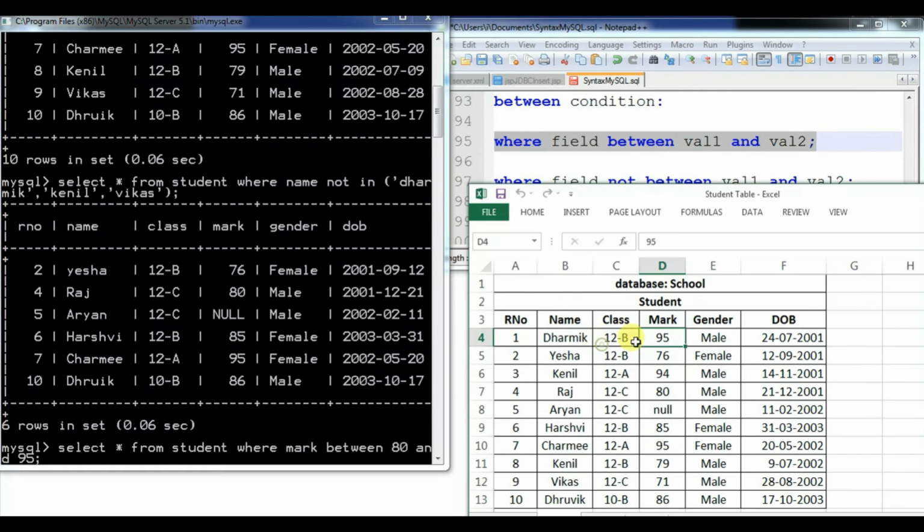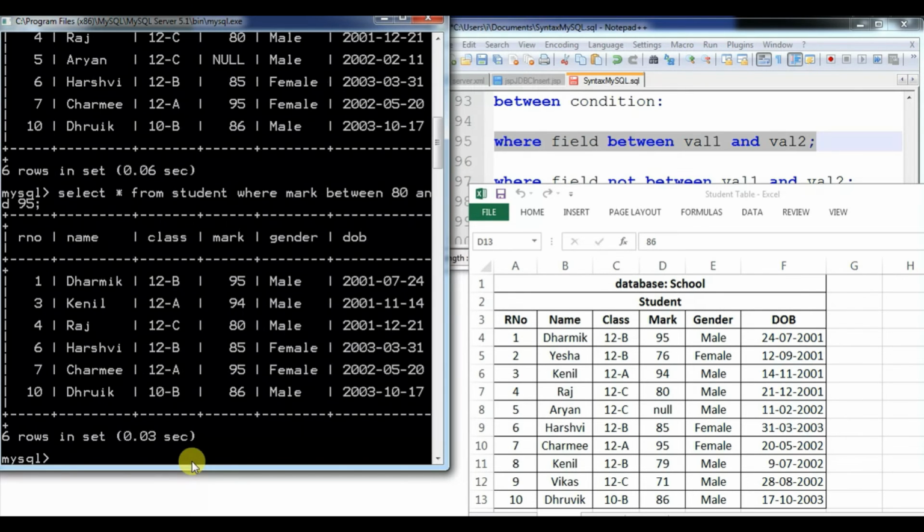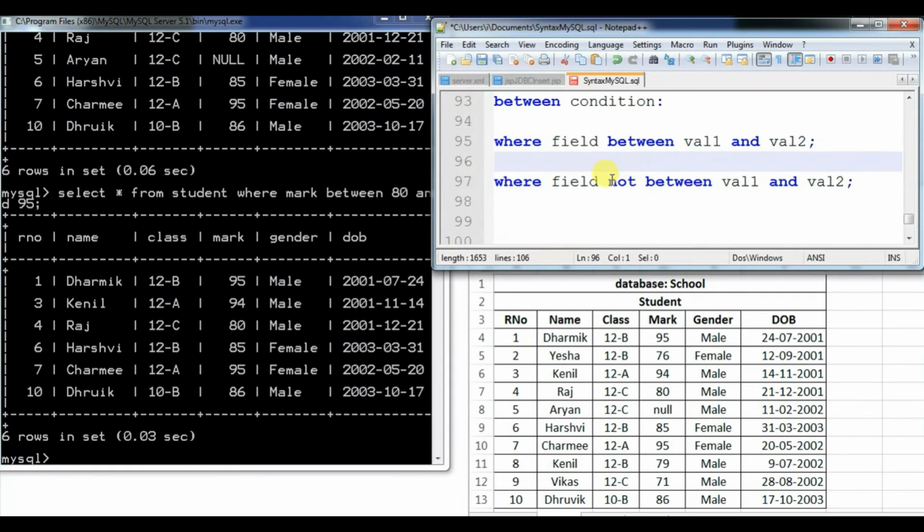So in this condition only, see this mark field: 95, 94, 80 also, 85, 95, 79 and 71 are not going to be included, and then 86. Means whatever record whose mark is between 80 and 95, it is going to be retrieved over there. See, we have in total 6 records in which mark is between 80 and 95. Now the opposite of this, you can apply NOT BETWEEN over there.